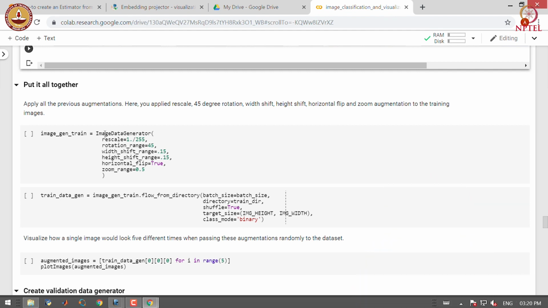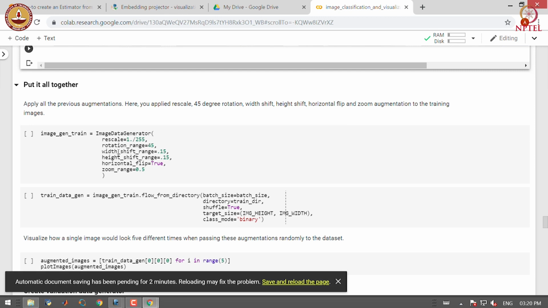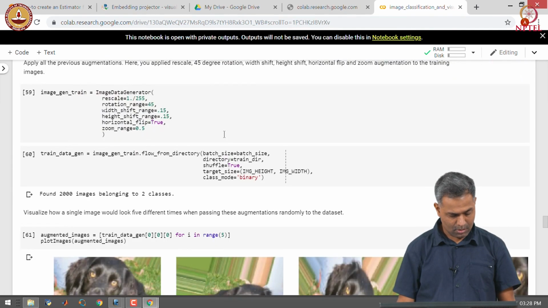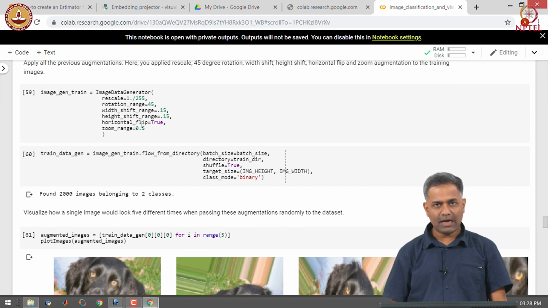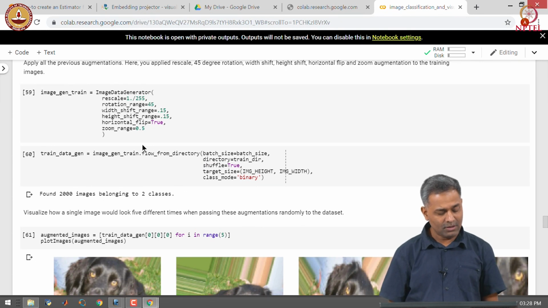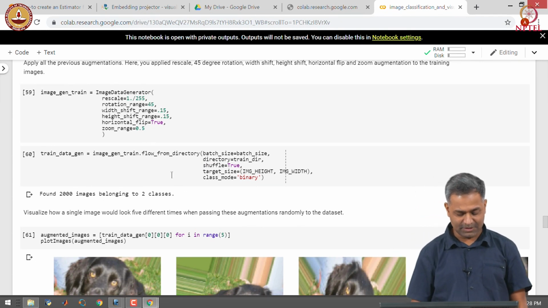So, we use image data generator and apply rescaling, then rotation of 45 degrees, then width shift, height shift and horizontal flip, and the zoom augmentation to the training images. Okay, so we apply all these augmentation techniques to the training set and obtain more data by augmenting the original images.